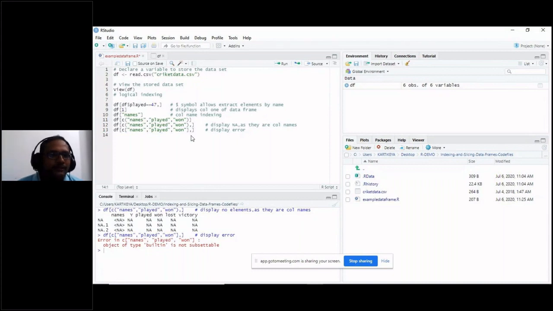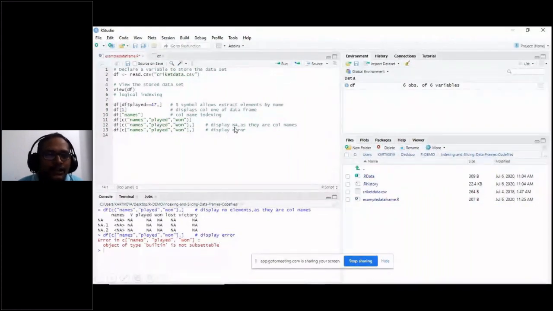Suppose you have given a comma, it means that your R has to display a row, but your header names are column names. So when you want to display that, R will display a value saying NA, the